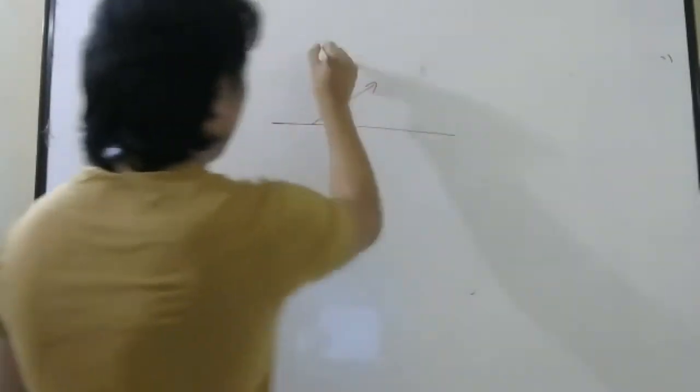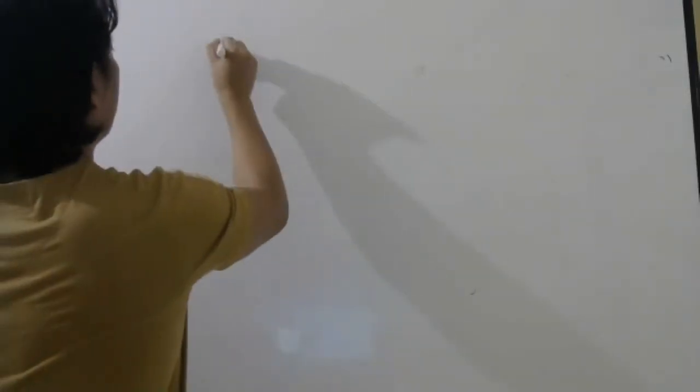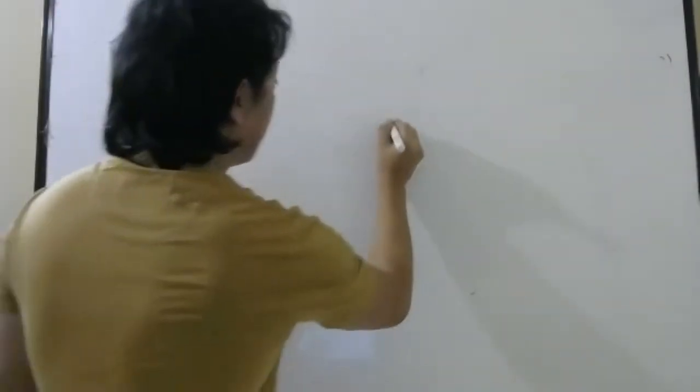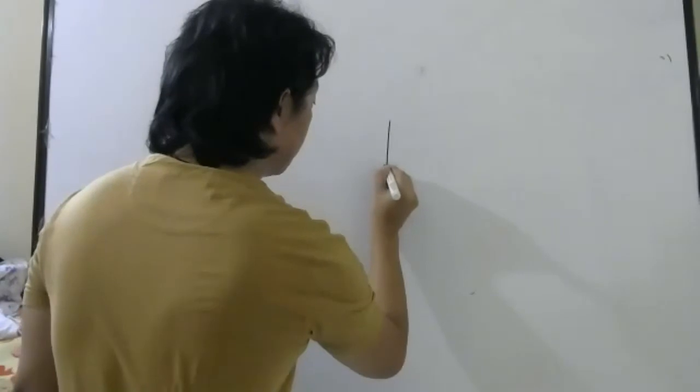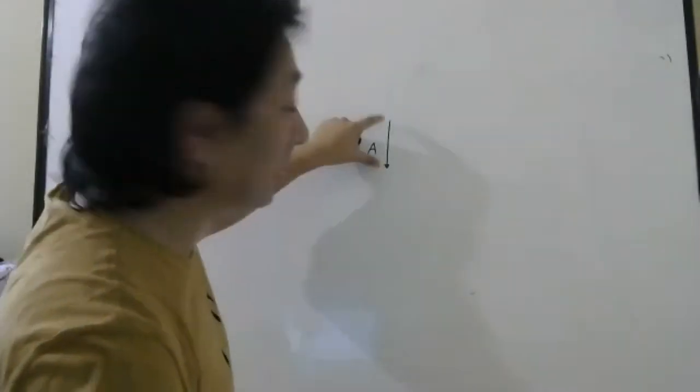So till now what we have understood: if there is a vector, we can take its components along the x-axis and along the y-axis. So if this is the vector A, we can take a component here and here, right? Let us now try to do some different questions. Look here carefully. Extra concept. Suppose I say there is a vector like this. Concentrate now. When I write only A, it means the magnitude of A bar.